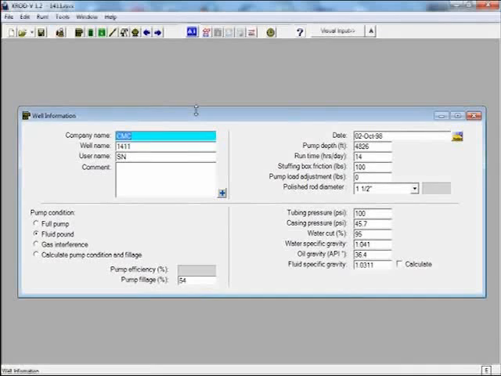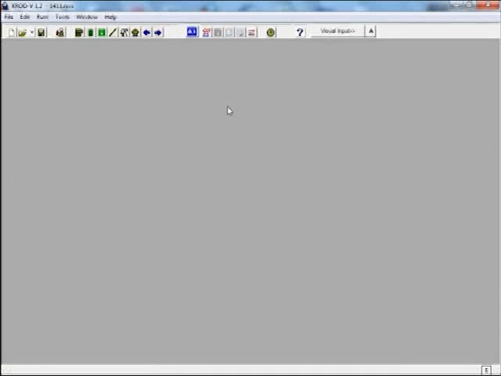So since we probably don't want to change the pumping unit if we don't have to in this well, we're going to try to keep as much of the equipment as possible. The first thing we want to do is select full pump, because we want to design the well for a full pump. And in the next input window,